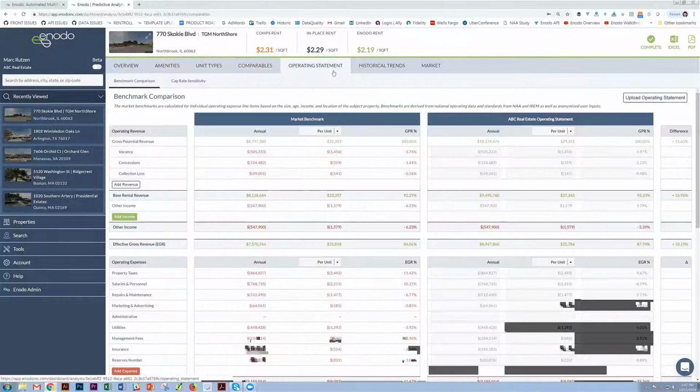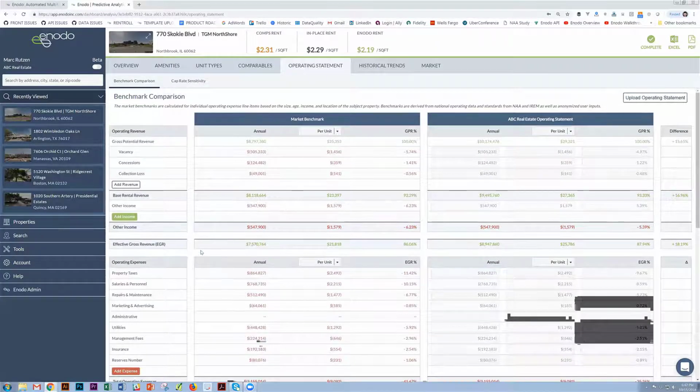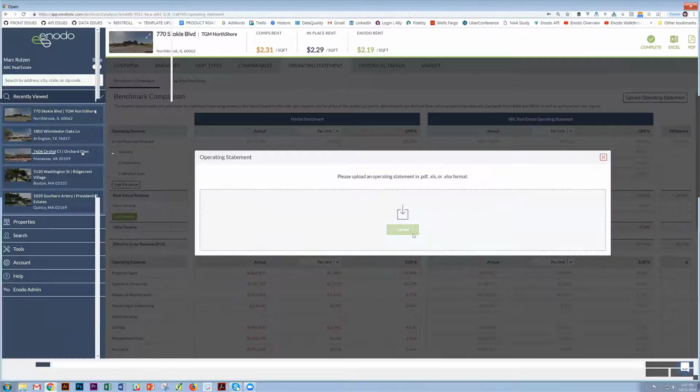If you're ever trying to figure out if the operating expenses that you're looking at from the T12 are reasonable for your market, you actually have market benchmarks based on similar properties in the same market, line by line. We're actually predicting, based on similar properties, what your taxes should be, what your salaries and personnel, R&M, and you've got the simple functionality over here